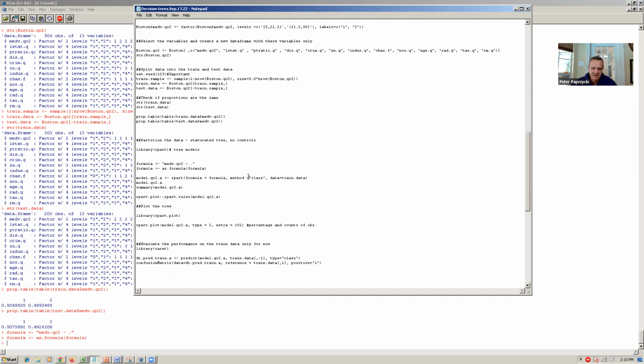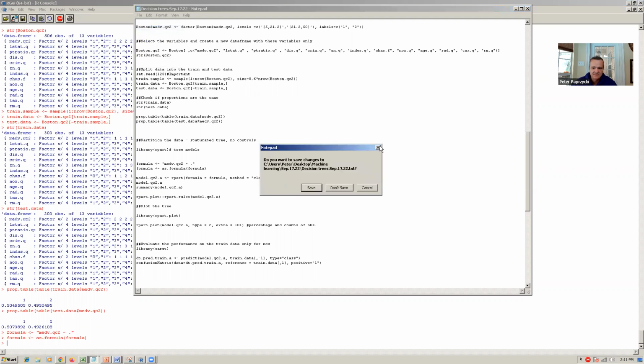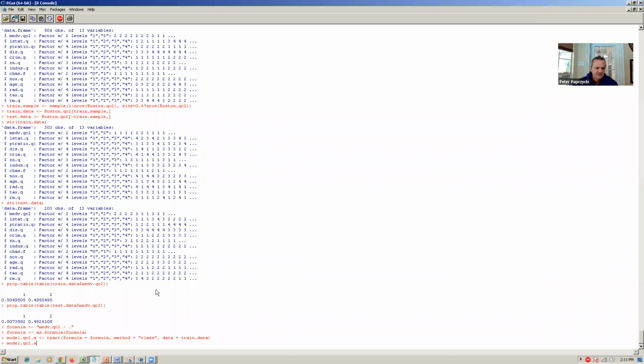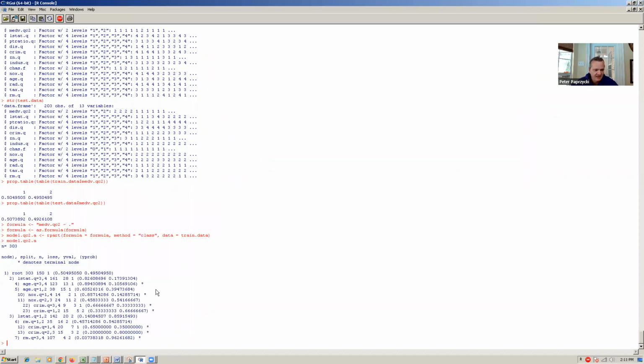The method is going to be class because all of the variables or features that we're using and the outcome variable are class type variables, because we turn them into a factor. We're going to use data, the trained data. So let's execute that command and let's see what happens. And what happens, basically, if we do the model QC2A, which is the first model, I call it A, we can see that